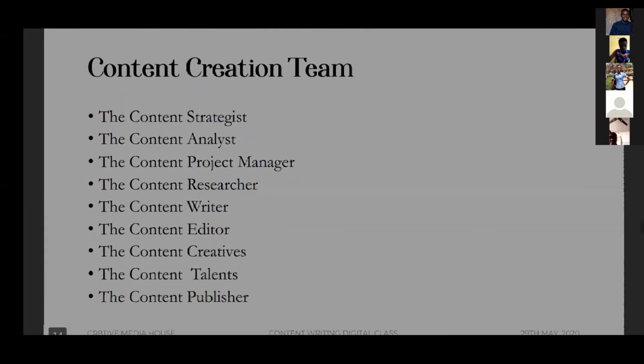also in his mind. Then moving to the project manager, the content manager is the one that sets the timeline, the milestones that the content or the project intends to achieve, and also the timelines for achieving them. Then moving on, we have the content researcher. Definitely someone who goes out to make findings regarding the idea, the project or the brand we are writing on.